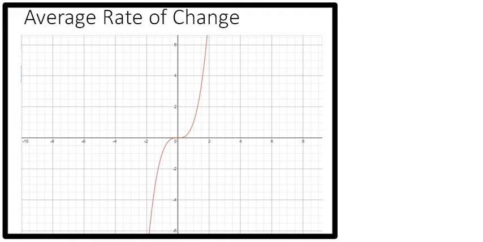Okay, so let's talk about average rate of change. Now let's take the parent function y equals x cubed as shown here on this graph, and let's take two arbitrary points on there. So let's just take the origin, so x equals 0,